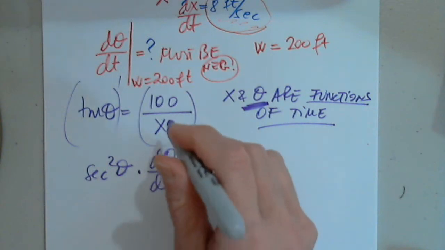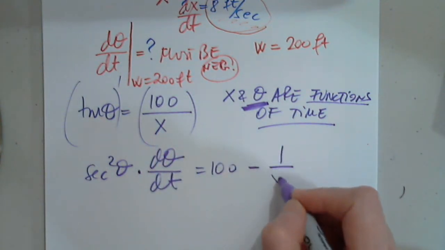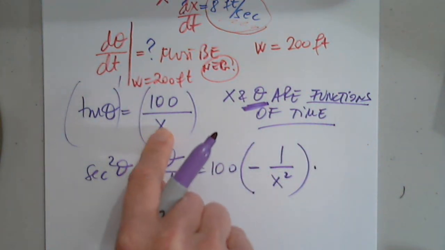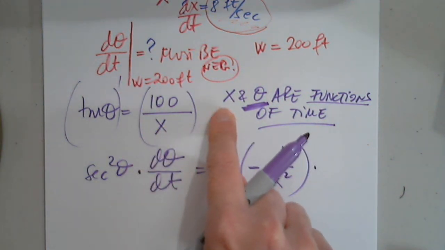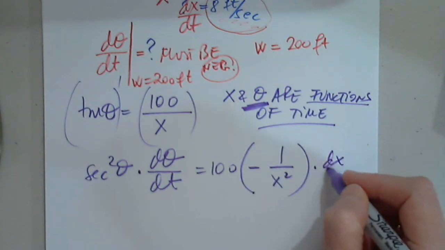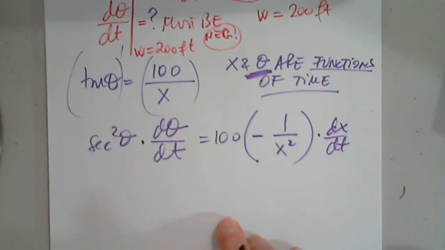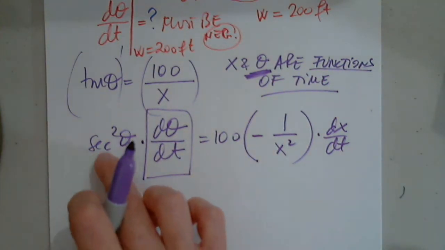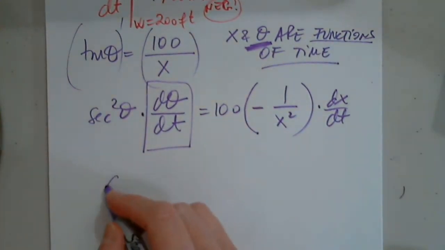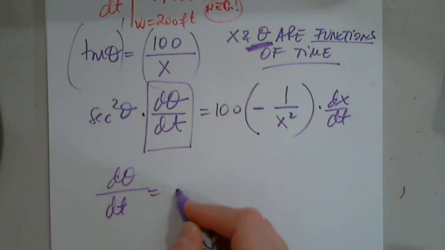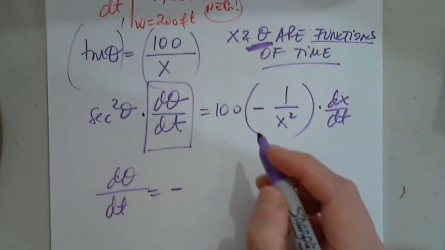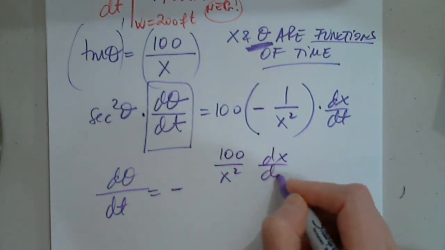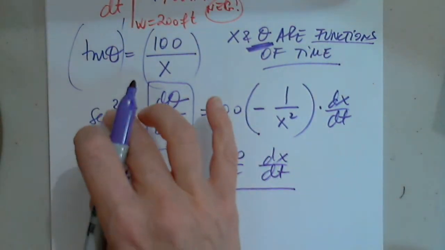When I differentiate 1 over x, we know this is negative 1 over x squared times the inner function prime, because x and theta are functions of time. So this is what I'm after. I will divide both sides by this. So d theta over dt equals negative 100 over x squared dx over dt, divided by secant squared